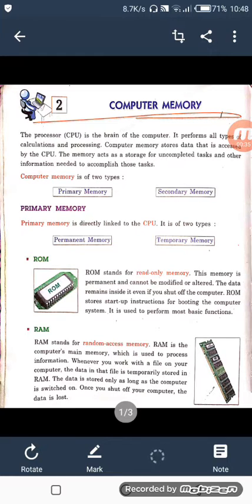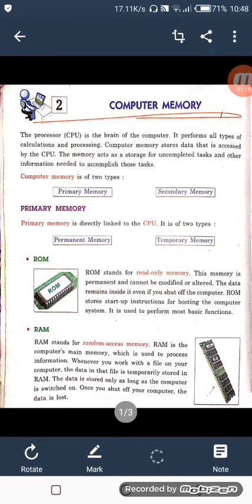All the storage devices like CDs, DVDs, ROM, RAM, pen drives, hard disk, all are our storage devices. Just like humans, we have memory. We store the information, whatever we listen to or read, in our memory. In the same manner, a computer also has a memory. That is why we call the CPU the brain of the computer, and memory is inside the CPU.